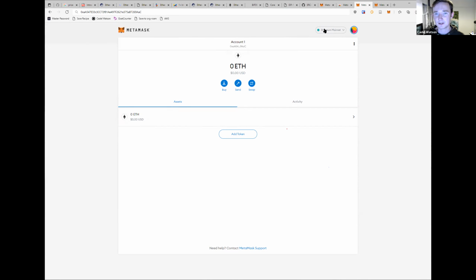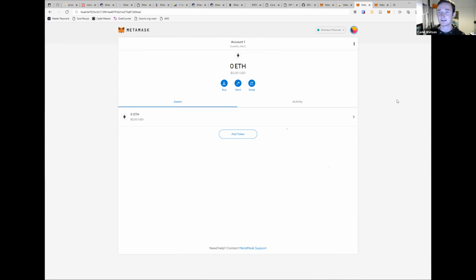Up in the top corner here, I can see the network that I'm connected to. And by default, you're connected to the Ethereum mainnet. This is the main global Ethereum network, where Ethereum is worth $3,000 and everyone is kind of connected to that global computer, which is awesome. But in practical terms, when you're developing on Ethereum, you don't really want to spend $2 every time you test your program. So the developers of Ethereum came up with a solution to that, and that's what's called